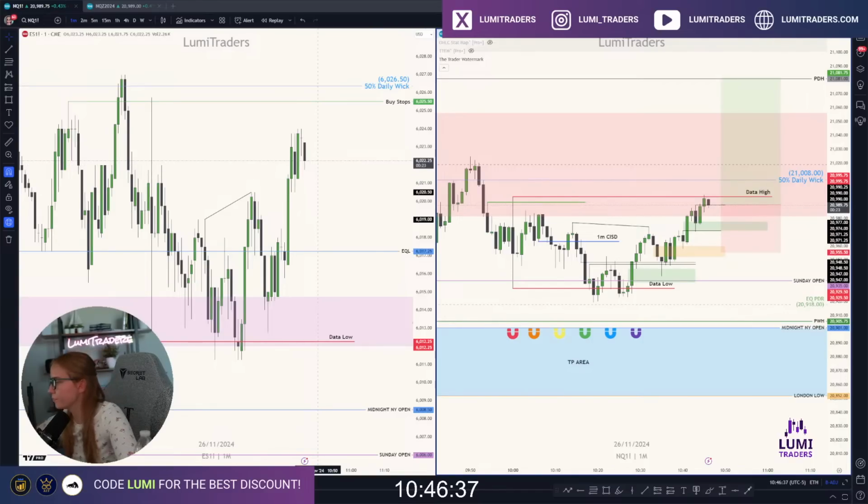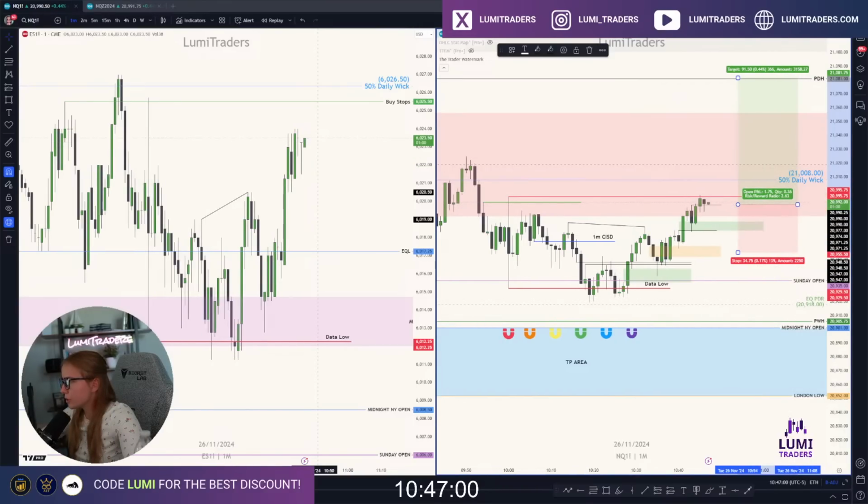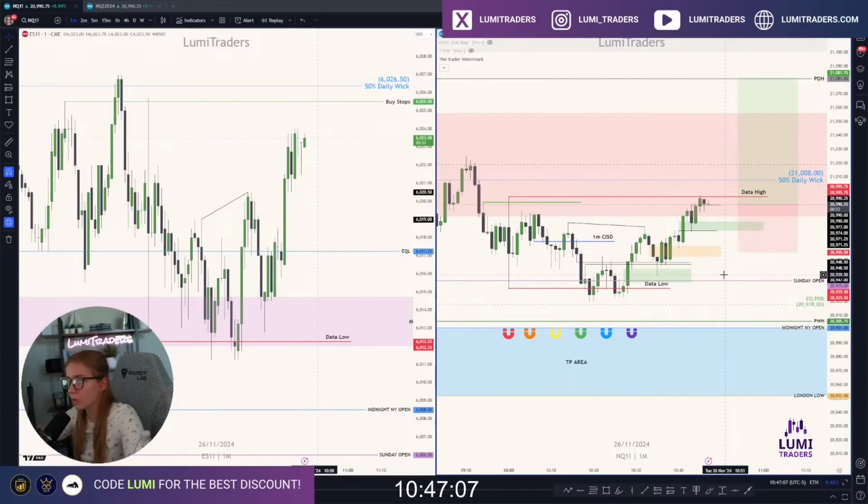Not in trade yet. Watching right now. 50% once again lines up with the bottom of the daily fair value gap. So once again, let's see. So far, just trying to react from this OB. Give me momentum. If I can see momentum, I can try to long. I will take this long. Nothing yet.